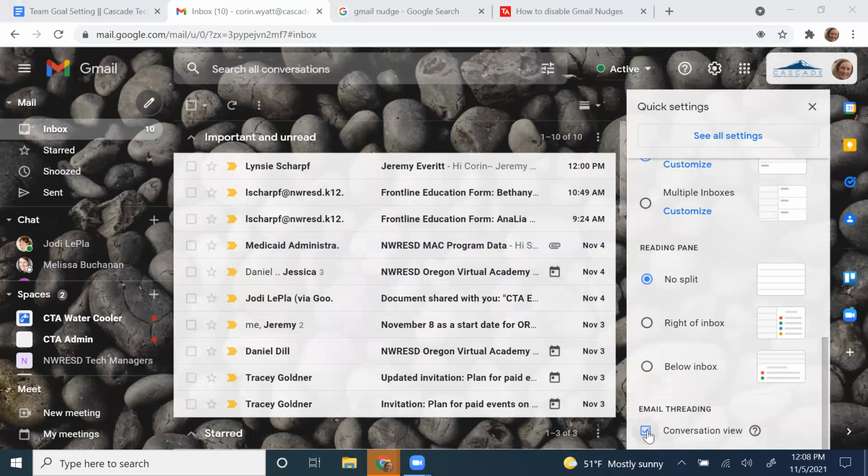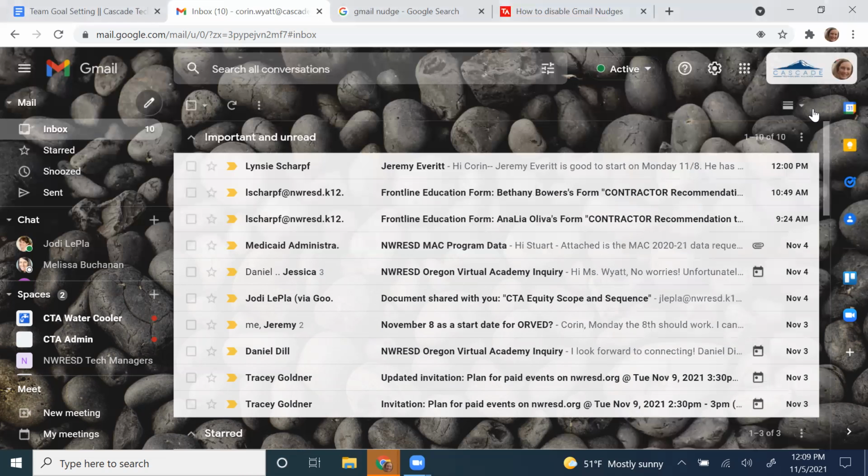When I uncheck this box, it will detach those 3 from each other, and I would see 3 separate messages in my box. So just depending on what you like, I love conversation. I want to see fewer things in my box, and I want to know what's all related. But I do know that some people have said, oh gosh, it drives me crazy, and they just immediately uncheck this box. So all certainly good ways for you to manage your own productivity, your own tasks, and your own time.